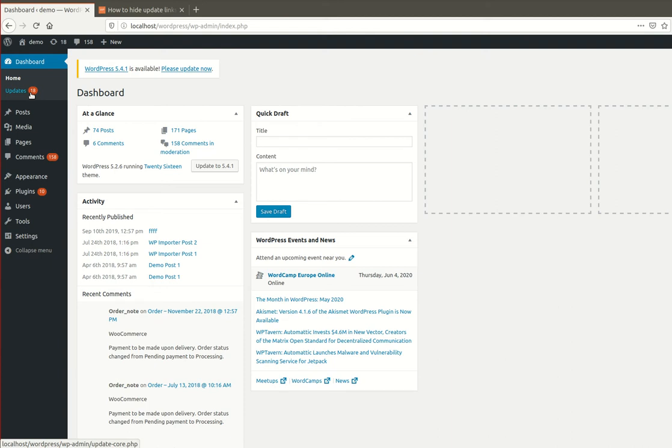It means including the plugins, themes, or WordPress core files. So 18 updates are available on this website. Here you can see the notification 10. It means 10 plugins are ready to update. So if you want to hide all these notifications from WordPress, then you need to follow my steps.